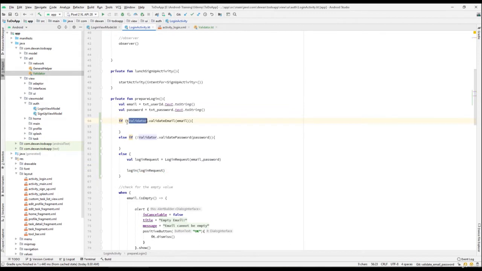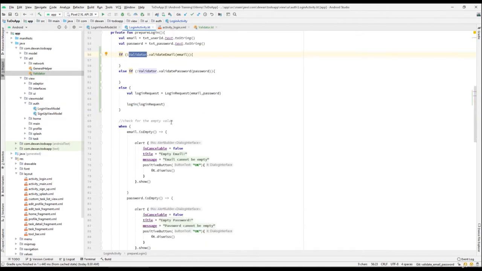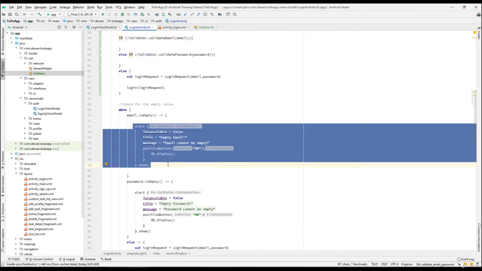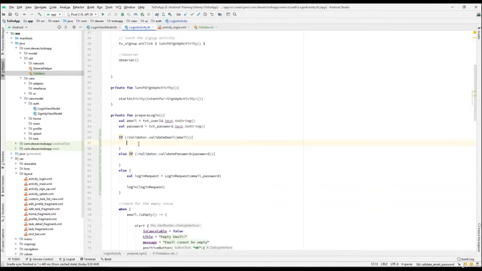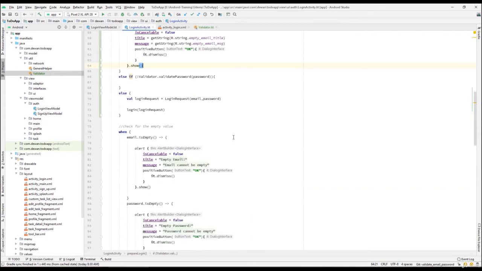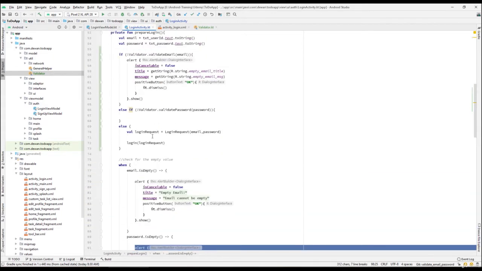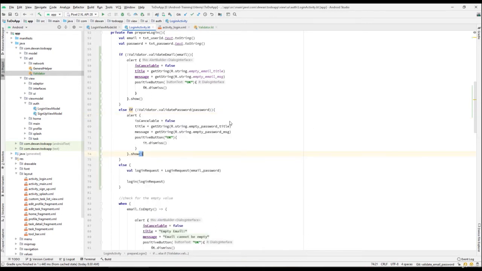So just copy this one and paste it over here. So here we can check that if it is not valid, then we are going to show some message. I think we just copy this whole section and paste it over here. And also for the password, just copy this section and paste it over here too. And over here we need to just change the string. So the title should be something like